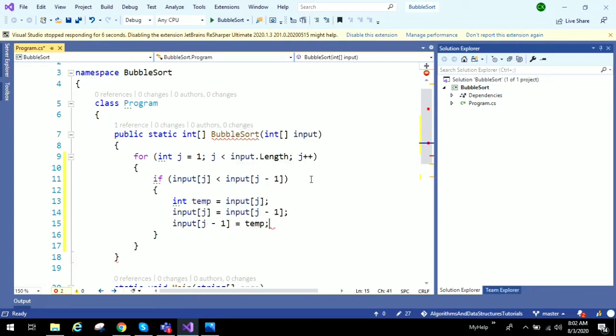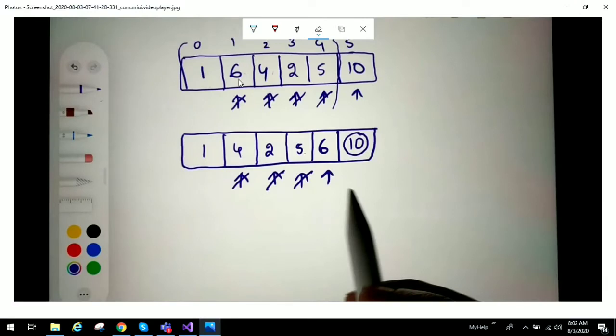We are swapping, and here we have started from the second element and compared with the previous element, and we will swap, and then we do this until the largest element moves to the end. But once we move the largest element to the end, we repeat this process.